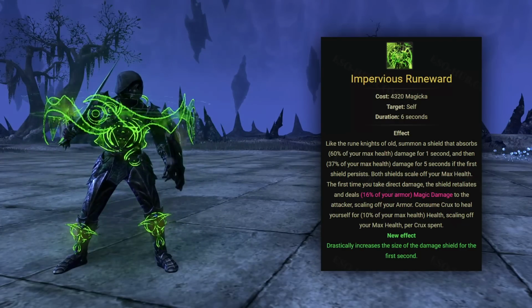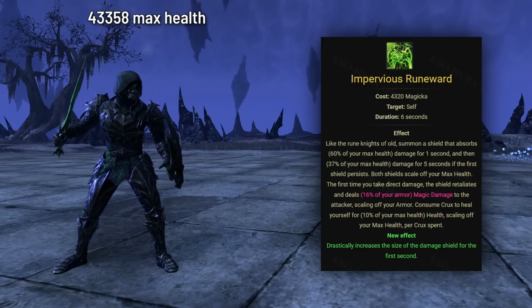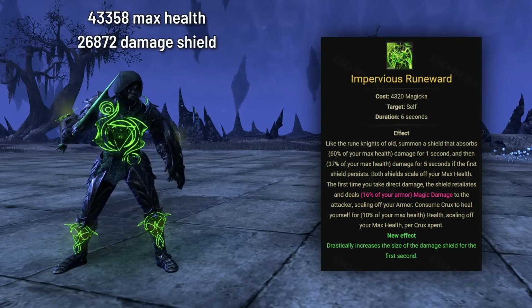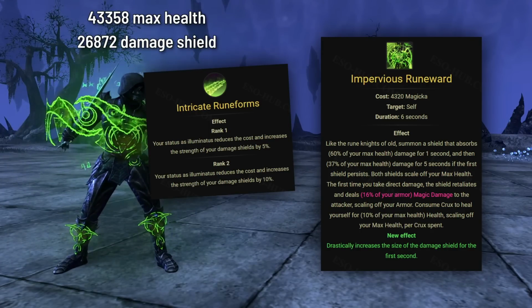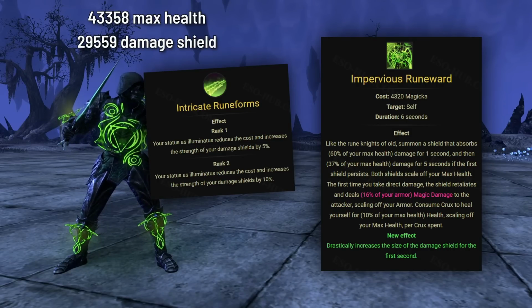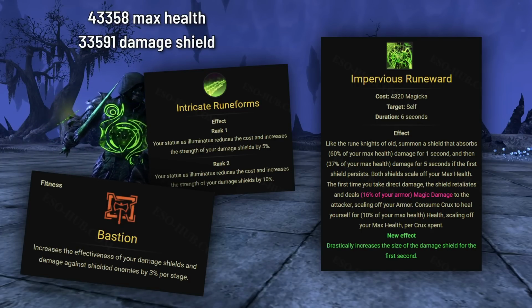This is extremely strong. I tried it in the new trial and with 43,358 HP, the shield was absorbing absurd amounts of damage. Without any additional modifiers it would absorb 26,872. But Arcanist has the Intricate Runeforms passive, which reduces the cost and increases strength of damage shields by 10%, which bumped it up to 29,559. And then, on top of that, I used the Bastion CP, so I ended up with 33,591 damage shield, which